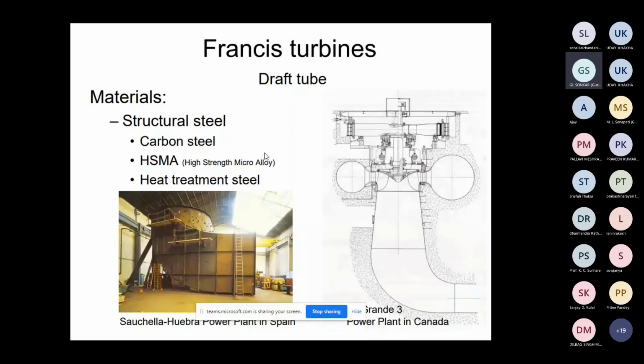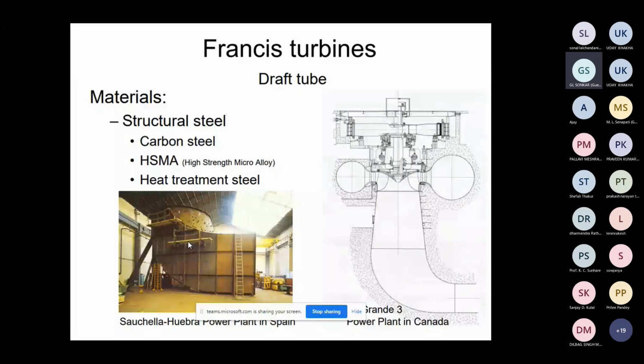The water coming out from the Francis turbine, or any reaction turbine, is at a pressure below atmospheric. In case of Pelton, there is no draft tube. Water coming out from the Pelton wheel is at atmospheric pressure. But here, the water coming out is at below atmospheric pressure. In this regard also, the differential pressure across the turbine goes on increasing.